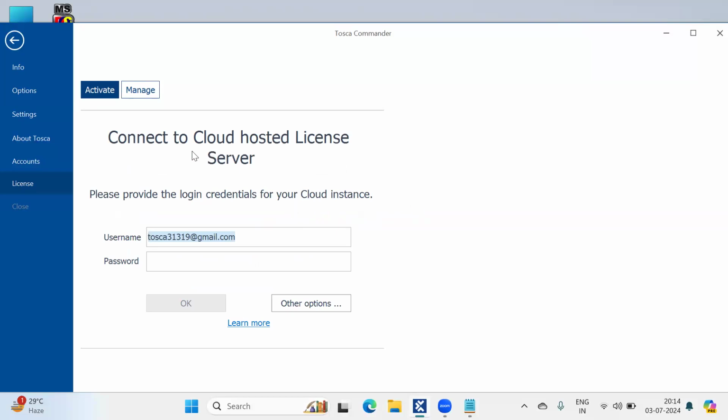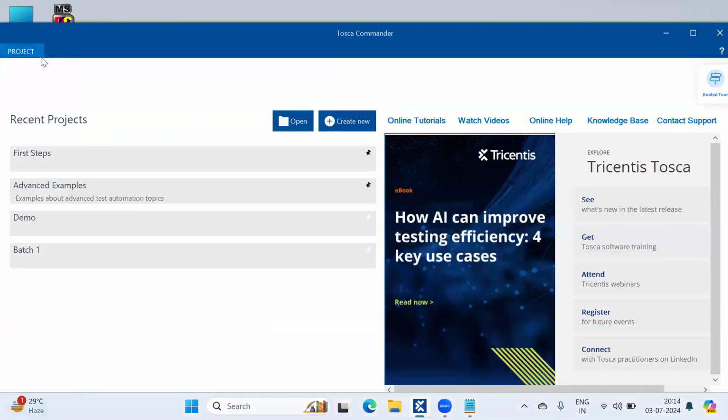You will get a message like connected to cloud hosted license server. This is how you need to activate your license once you get approval from Tricentis Hub.